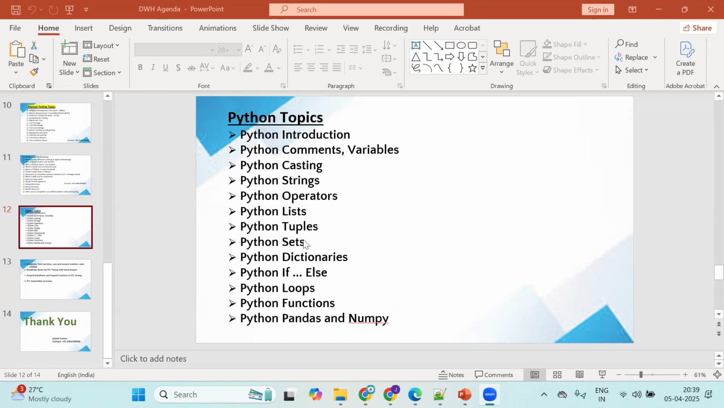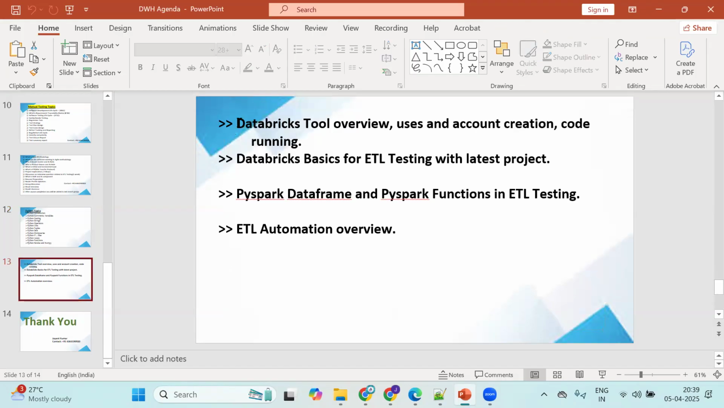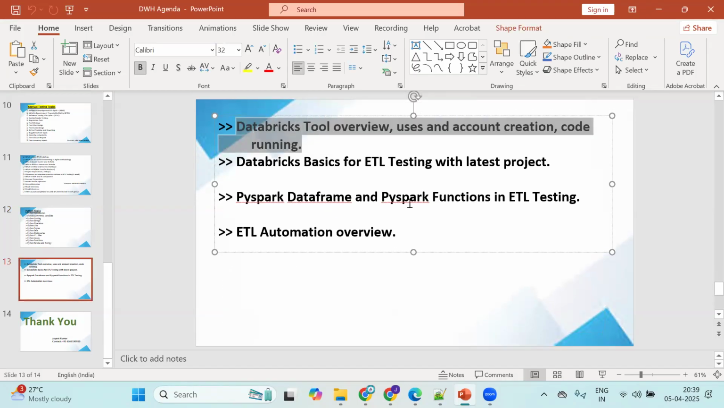Okay, so all these topics will give you the confidence of Python related things, and I'm going to provide you the notes also. You'll be very perfect in this. Don't worry about that. So Databricks, I'm going to tell you which tools you are going to use,